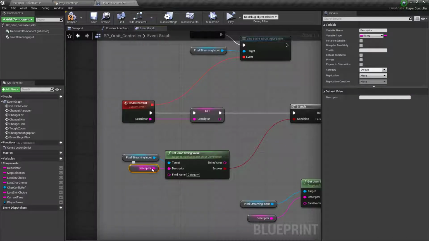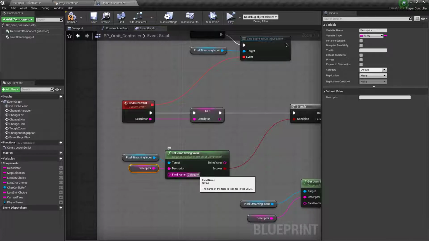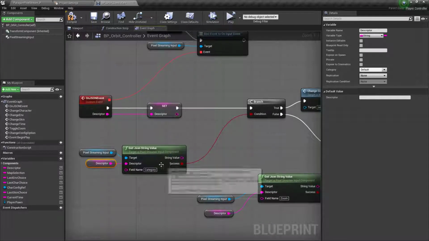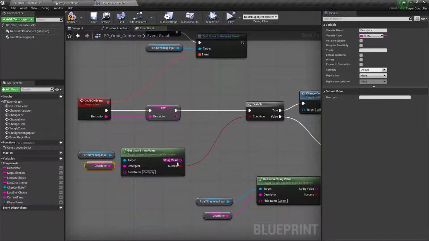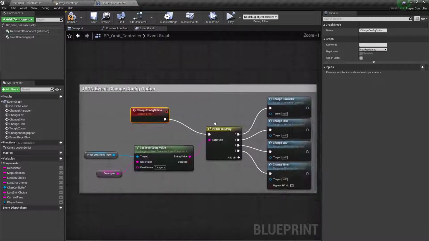It looks for the descriptor value, which is a string value, looking for a field name called category, which we saw was sent from the website. If that exists in the descriptor value, it goes to change config option, which is a custom event built for this application.